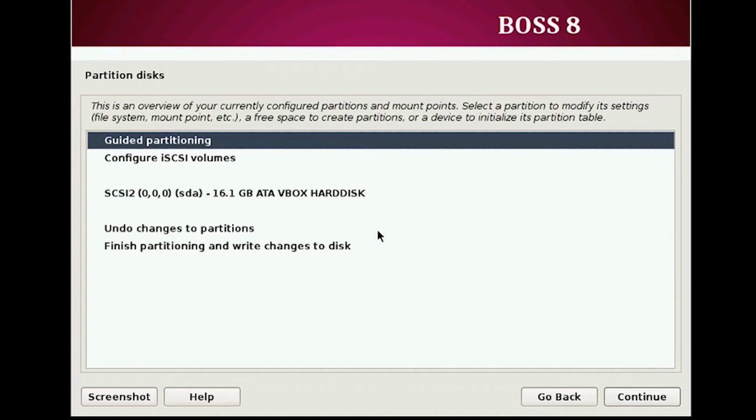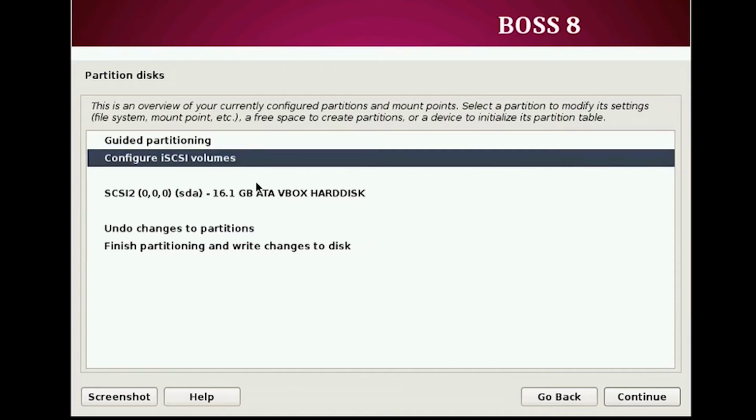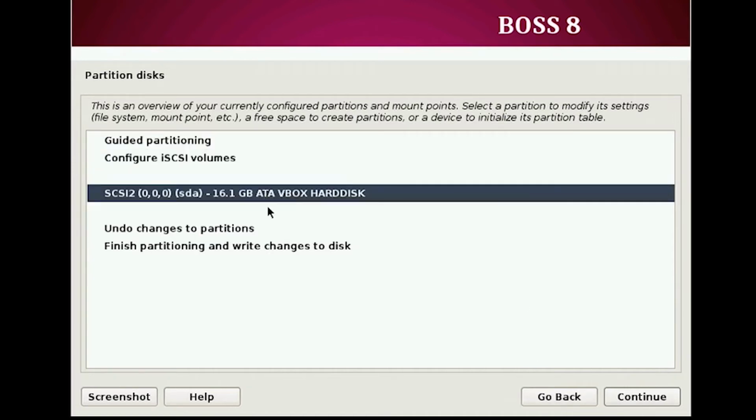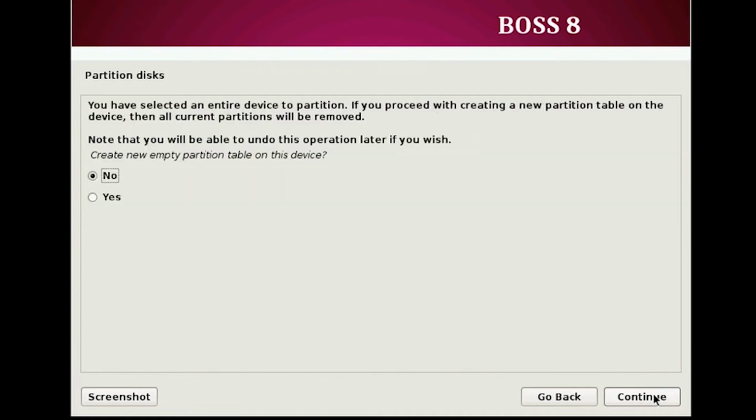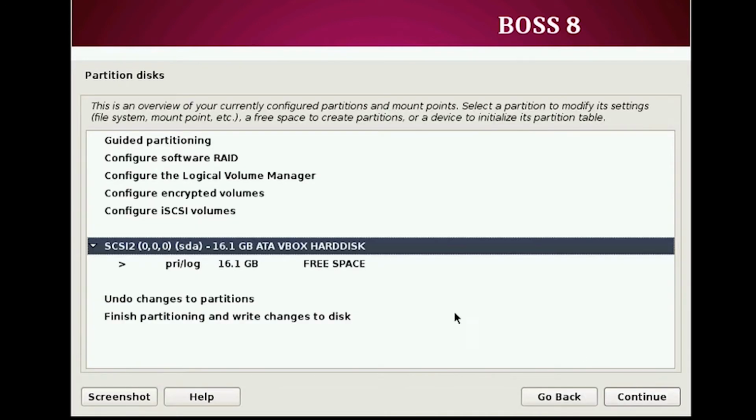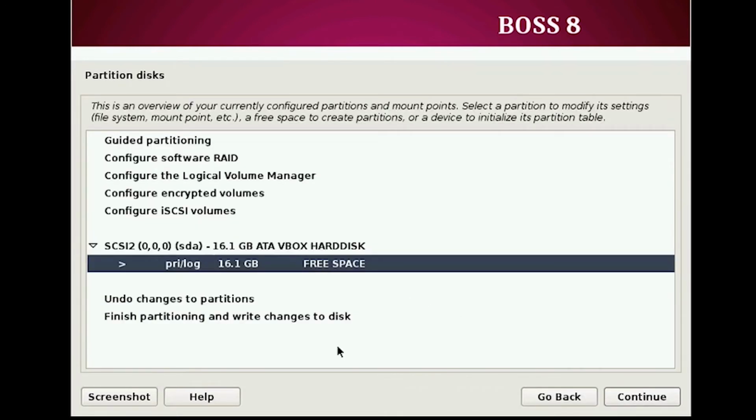So here I'm going to click on this and select your hard disk. We created a 15 gigs hard disk here, so we are going to select that. And once your hard disk is selected, you want to create a new partition table, so click on yes and continue. And now we have this free space which we want to partition. So first of all, we are going to make a boot partition. So we are going to click on continue,